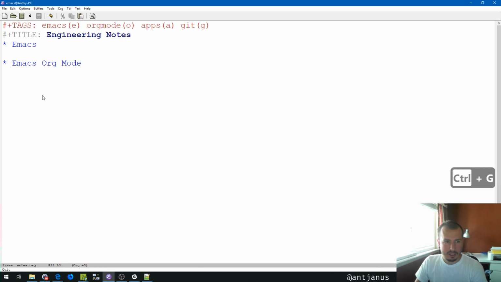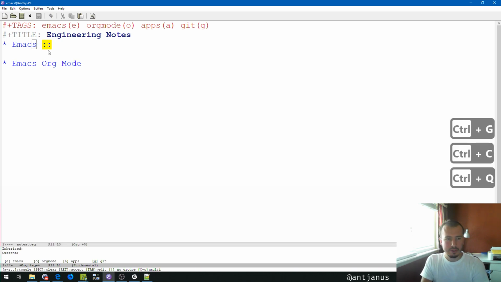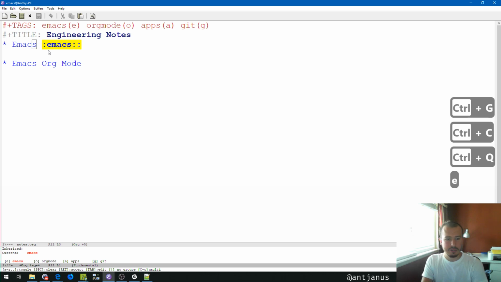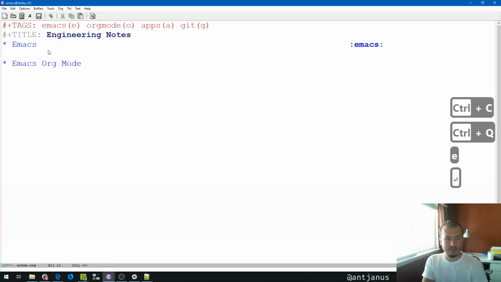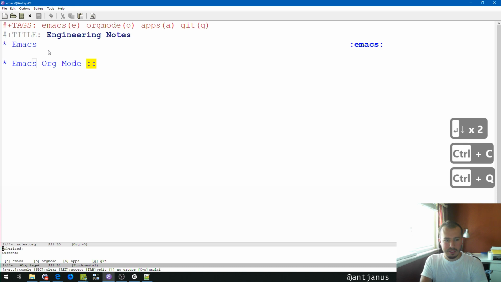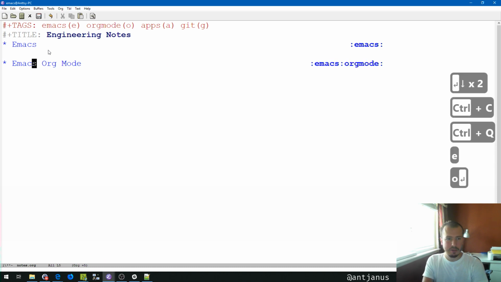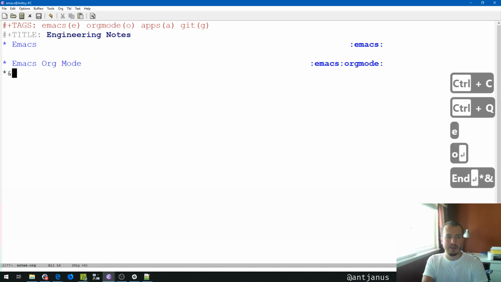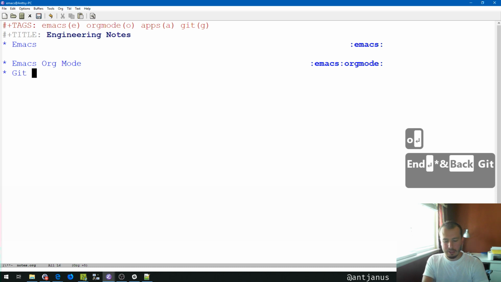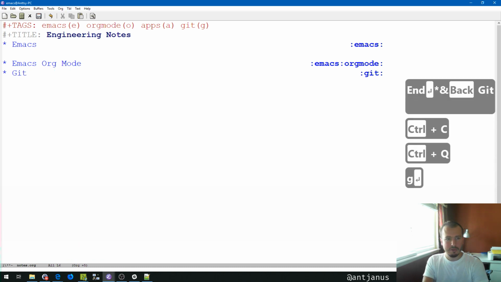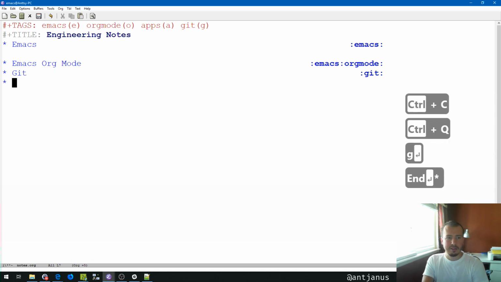Whoops, what is happening here? All right, so we'll just do Control-C, Control, it's an Emacs, and I'll just go ahead and say that it has nothing to do with OrgMode, so enter. We'll see that this one is Emacs and OrgMode, and we're gonna go ahead and add a new heading for Git. We're gonna G for Git, and you can see that it kind